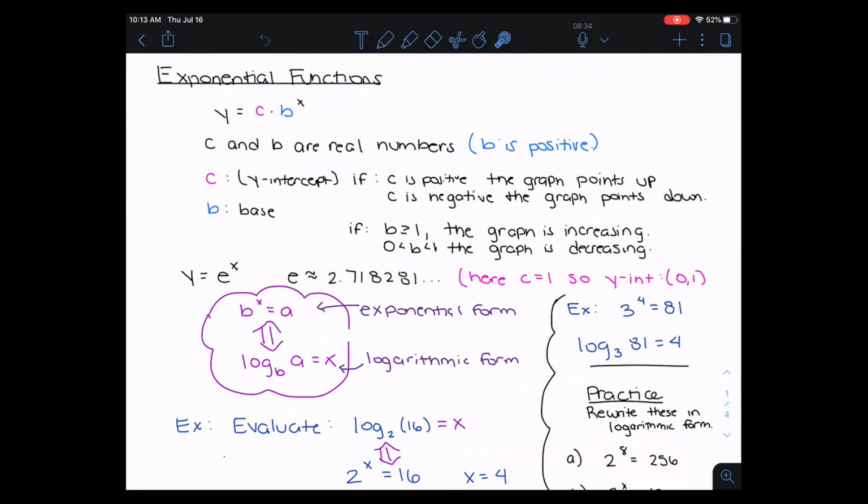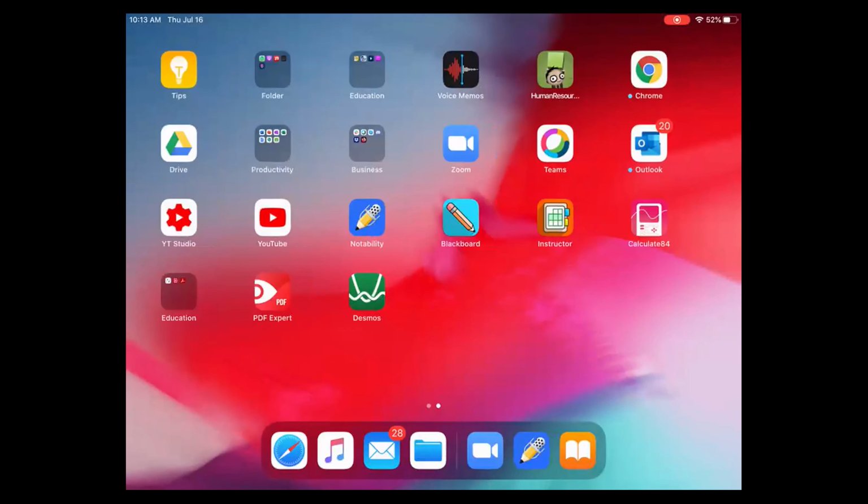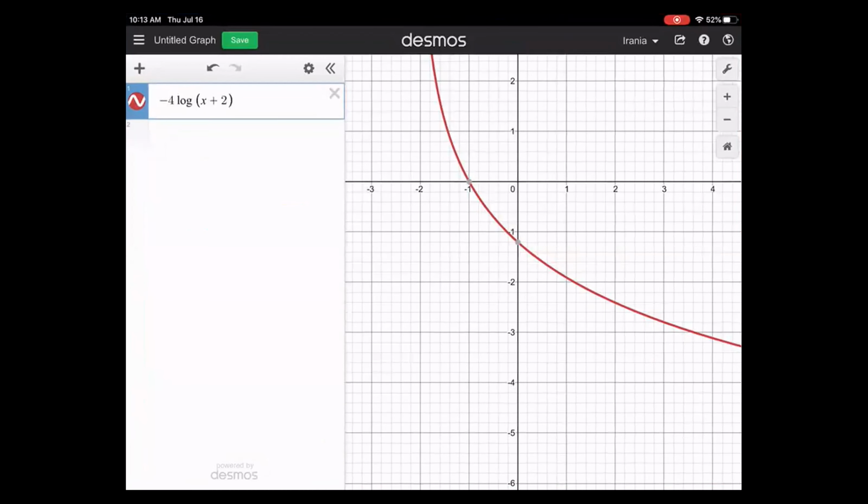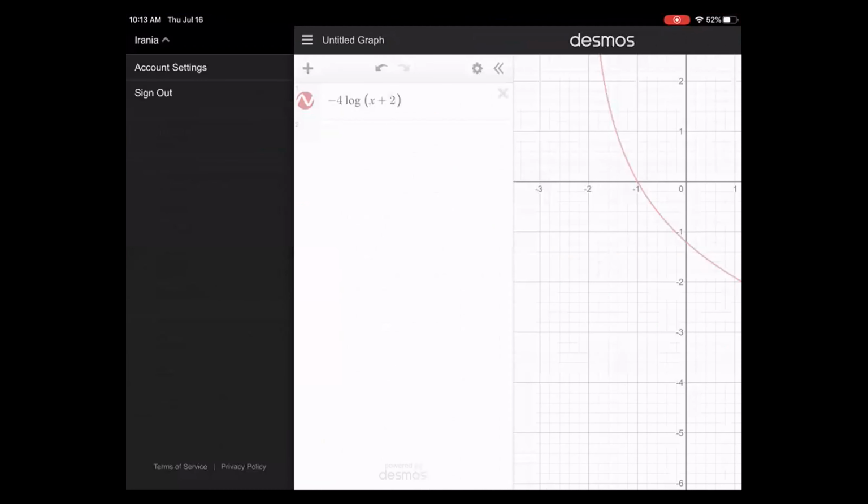And the c value, whatever this first term is that is multiplied to it, that's actually the y-intercept. And the base is telling you how fast the function is growing or how fast the function is decreasing. So if you look at different examples,